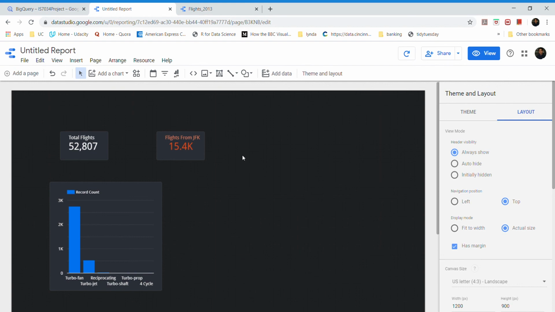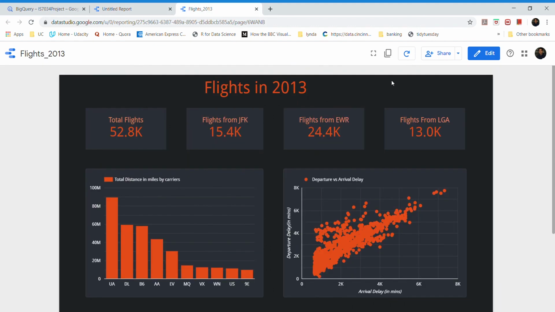I have already created one dashboard using Google Data Studio, so I'll show you that. So this looks nice. It actually has all the features of Google Data Studio that I spoke about. I've used all of them to create this, and this really gives a very good view of the data that we want, and we can build any number of reports and any kind of charts using Google Data Studio.